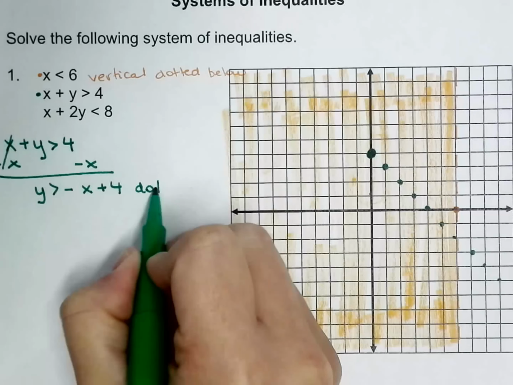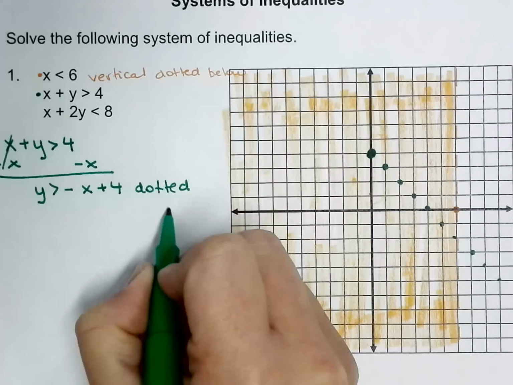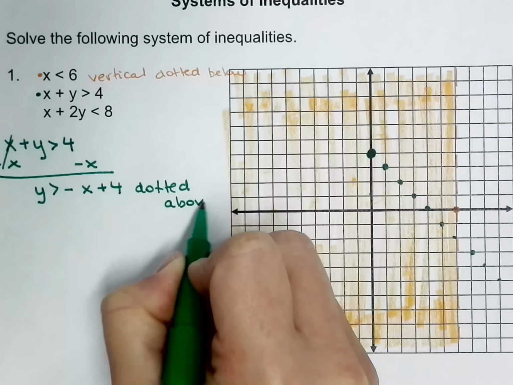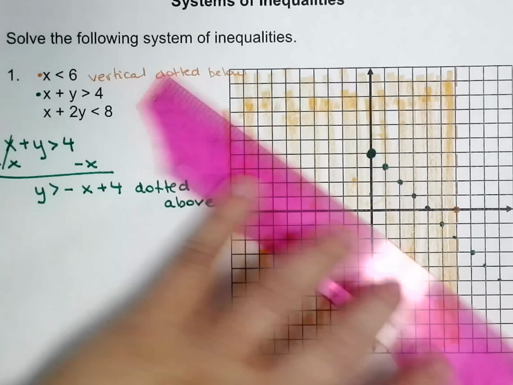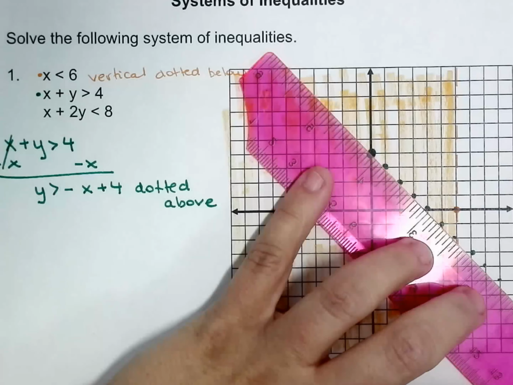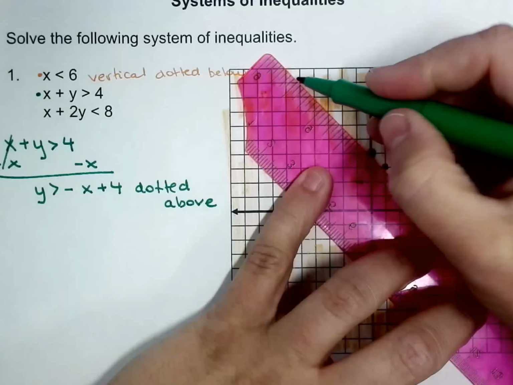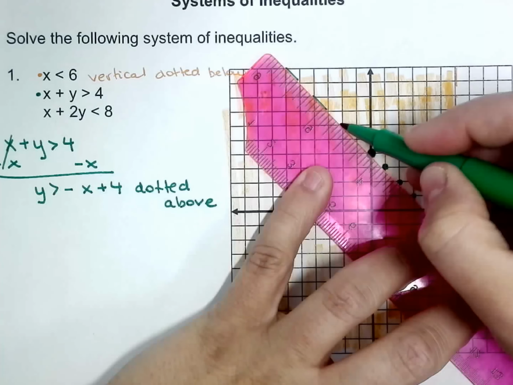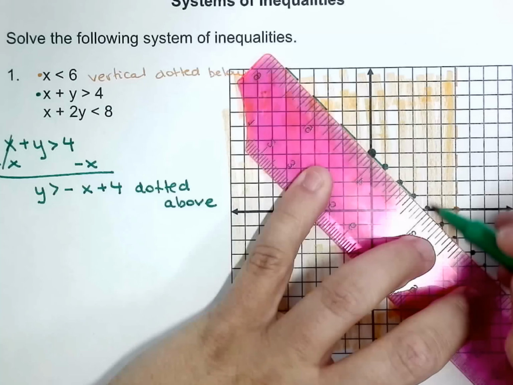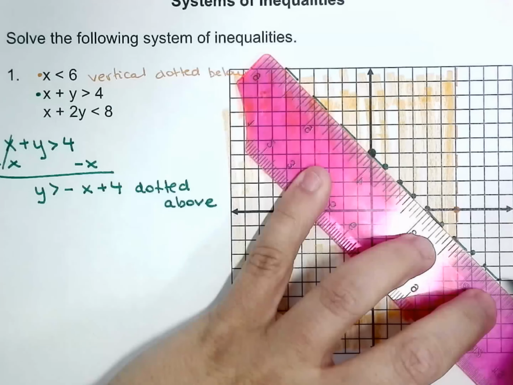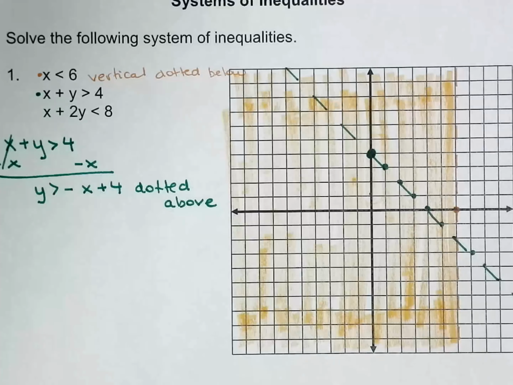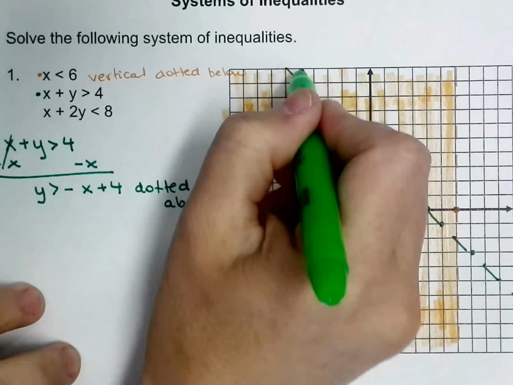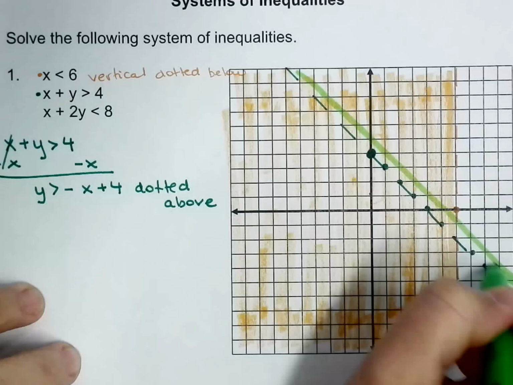Here, dotted line, and you're going to shade above. So dotted line right there. And you're going to shade above the line. So all of this right here